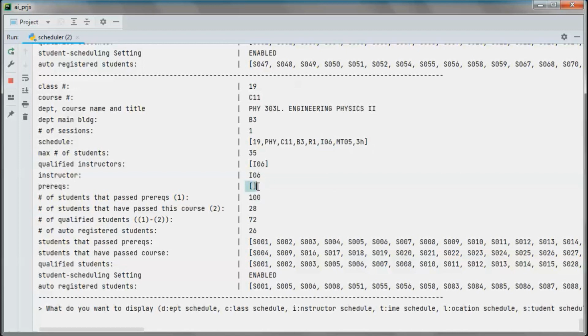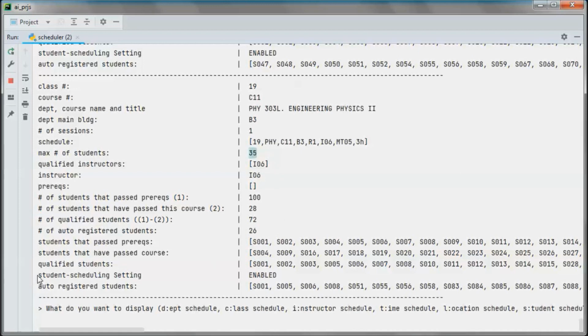There is no prerequisite, and this is the number of students that passed the prerequisite, which means since there is no prerequisite and we have this number of students in the system, they have all passed the prerequisite. So the number of students that already passed this course is this number, which means this is actually the number of qualified students, 72. And we ended up registering this number. And this is the max number of students.